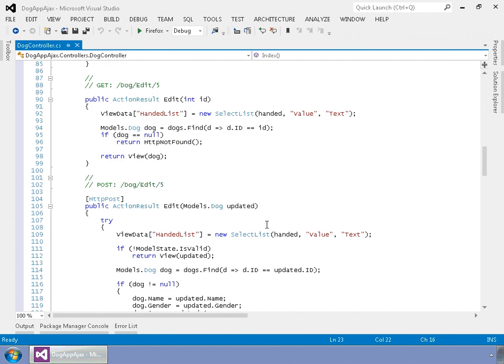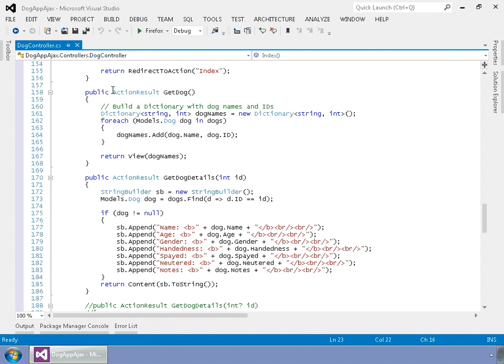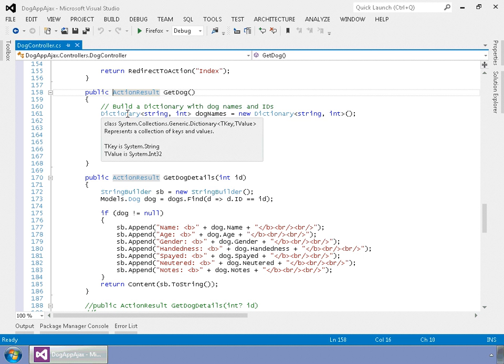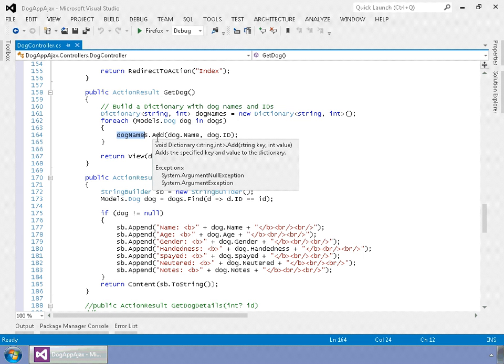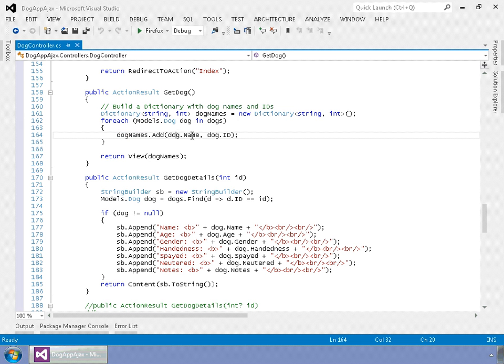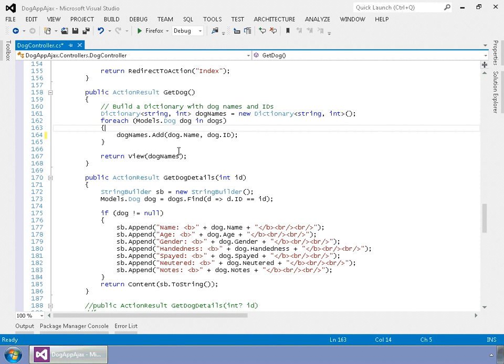We'll scroll down to our getDog controller method here. Okay, so here is our action result for getDog. What it's doing is that it starts out by building a dictionary of dog names, and then it loops through those and appends to the dictionary object for the dog names, adding the name as the key and the ID as the value to keep them separate. And then at the end of the day it returns the dog names dictionary to the view as the model